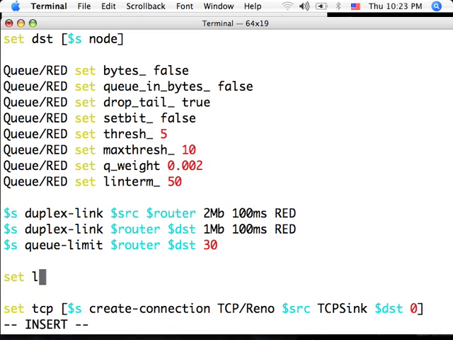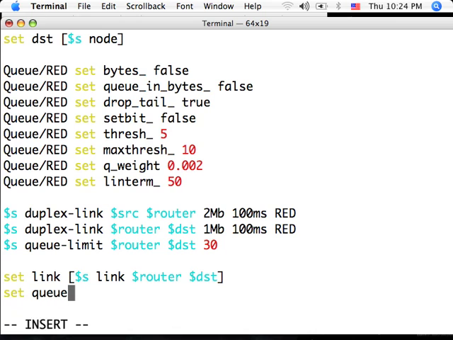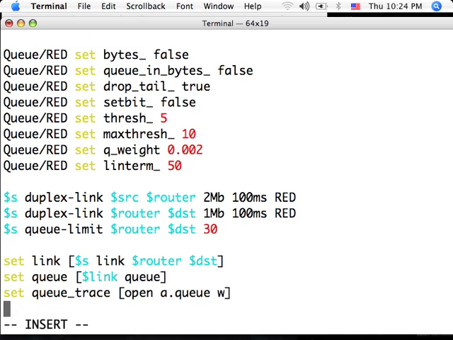What I'm going to do first is retrieve the link between the source and the router. Or actually, let me do it from the router to the destination. I'm going to retrieve the queue object in this link, and open the file. Let me call it queuetrace, let me call it a.q. I open it for writing, and now I'm going to ask the queue object